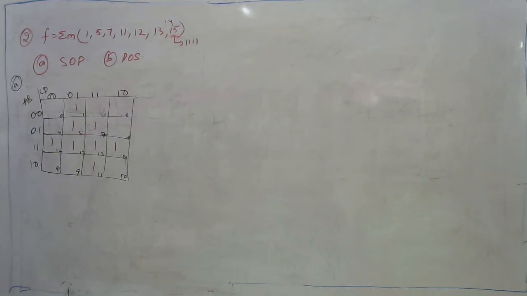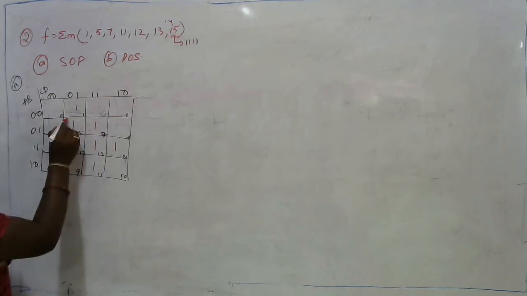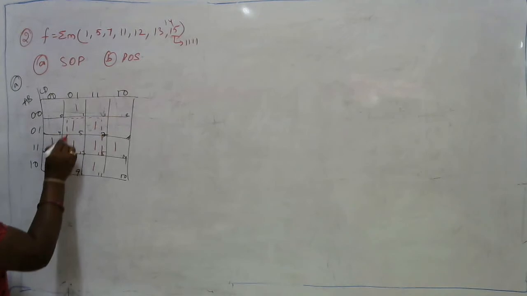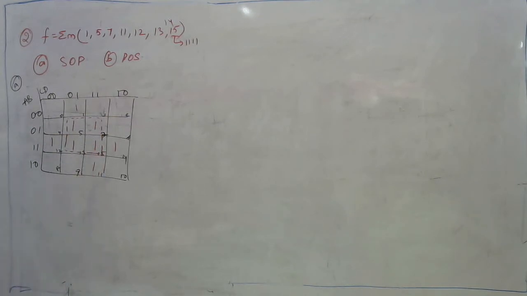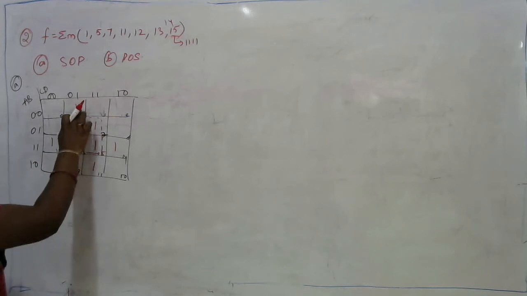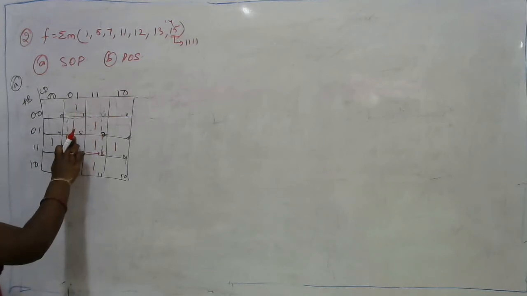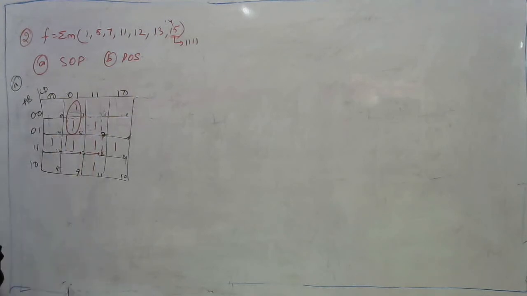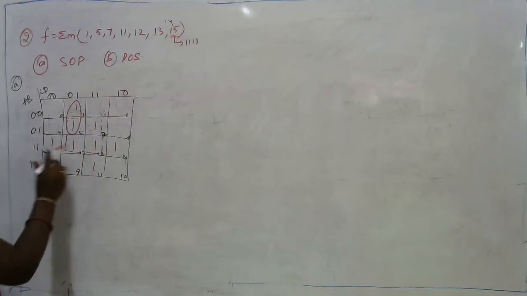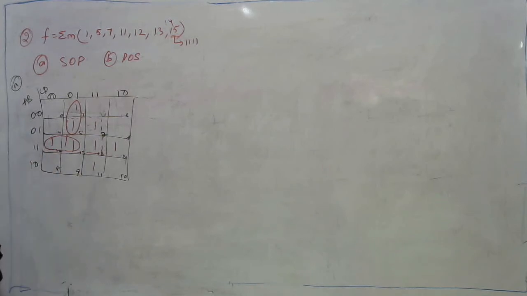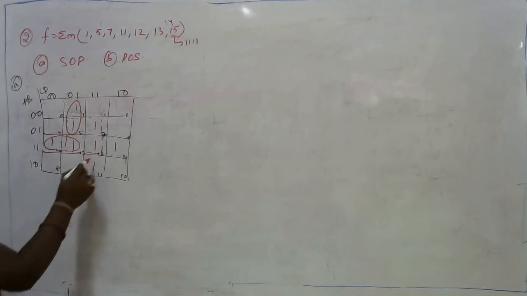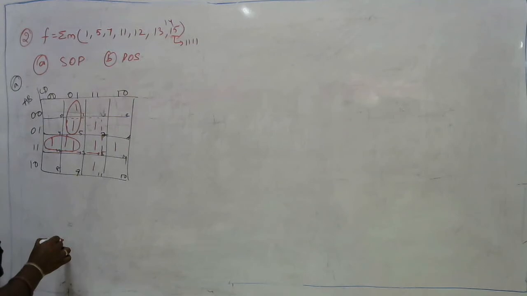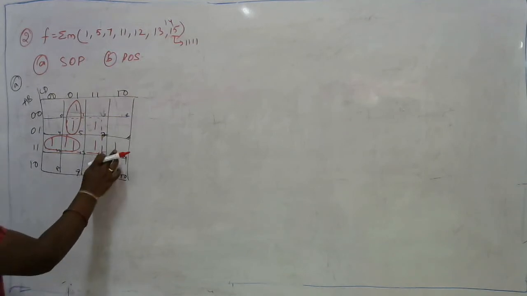So here what I am doing is I can make 5, 7, 13 and 15 as one quad, because all those four are adjacent to each other. But as 1 is present near the 5, in order to make it an adjacency, I need to make 1 and 5 as one adjacent pair. Similarly, as 12 and 13 are adjacent, I need to make 12, 13. And as 15 and 11 are present over here,